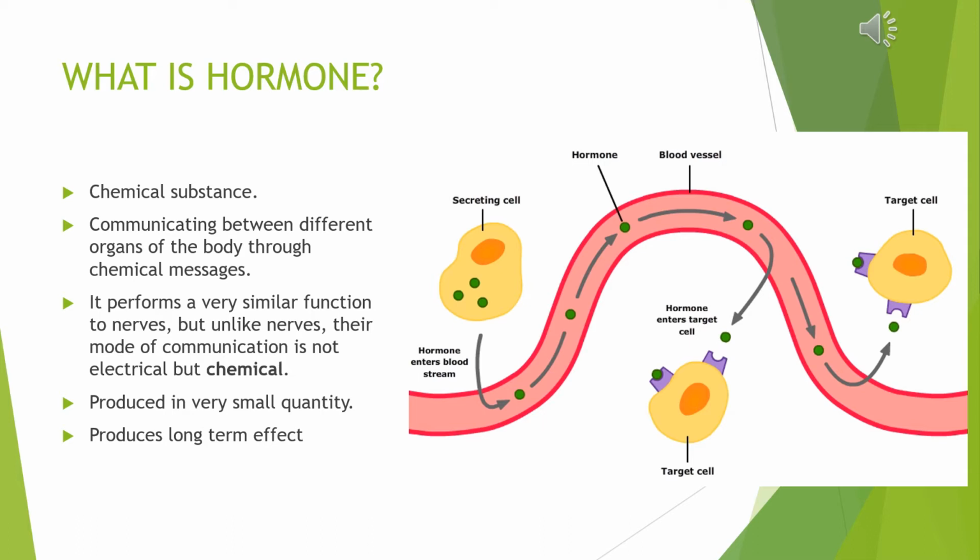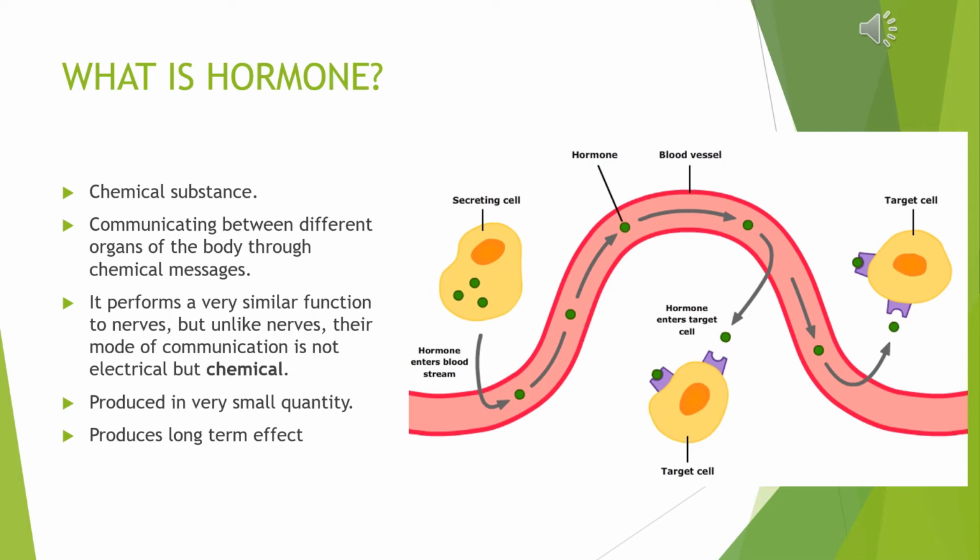The hormones produce effects gradually and the effect is long-term, but the nerves produce effects instantaneously and it is very short-term in nature. The hormones are produced in very small quantity, and that small quantity is more than enough to bring about changes